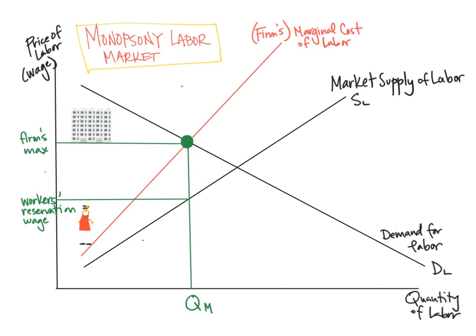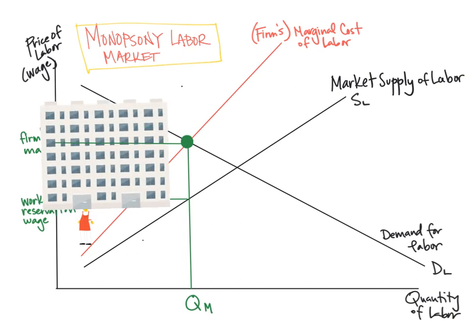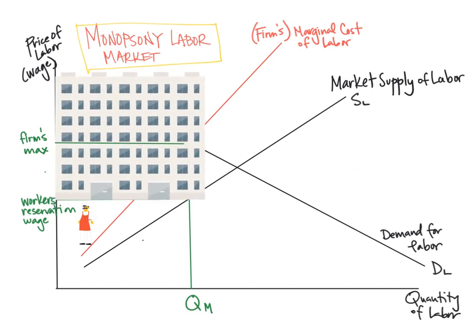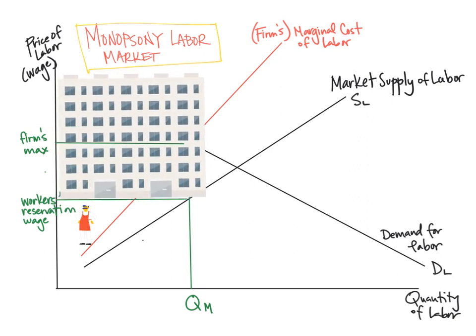This leaves firms with an interesting conundrum. They're willing to pay up to the value that that last worker generated for them, right? The value of the marginal product of their labor or the marginal revenue product of their labor, however you want to put it. But they don't have to because workers are willing to accept a lower wage. So if you're a large, powerful firm, what do you think you're going to do? You're going to pay the higher wage or you're going to pay the lower wage?